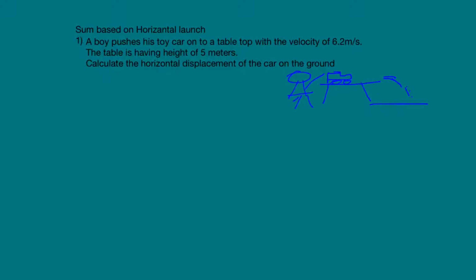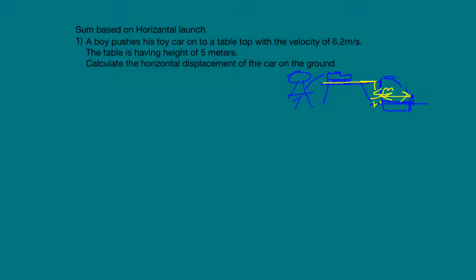So they have asked, calculate how far the car lands. This distance they have asked, from where the table ends to here, this distance. This distance we need to find out. This is the height of the table. They have given 5 meter height, so this is 5 meter. We want to find this,